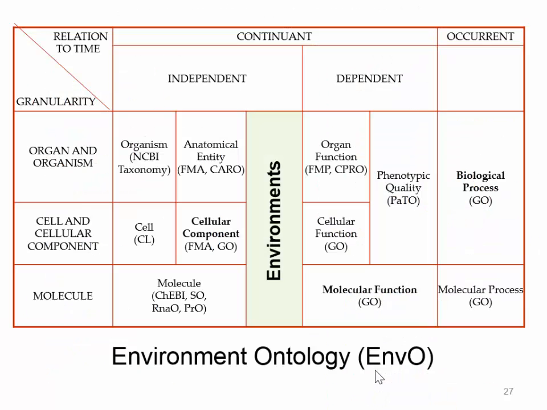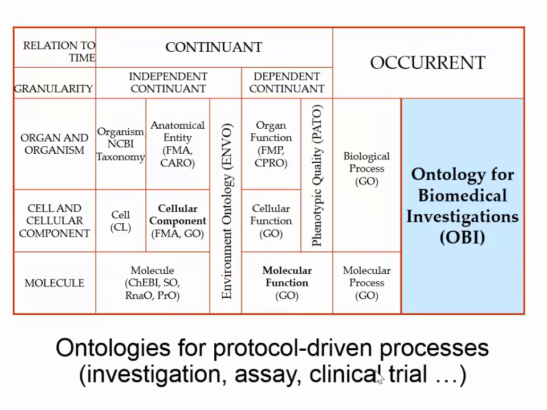I said that the OBO Foundry framework was being extended. It was extended to include environments with the ENVO ontology. It was extended to include experimental protocols and everything which has to do with those processes which are involved when we carry out biomedical investigations in the OBI ontology. And then when we developed OBI, we realized that we needed an ontology for describing information artifacts such as publications, databases, protocols themselves. And this ontology should not be part of OBI because the ontology of publications is not restricted to biomedical publications. And so we created the Information Artifact Ontology,